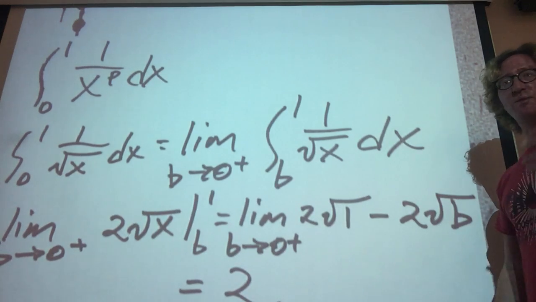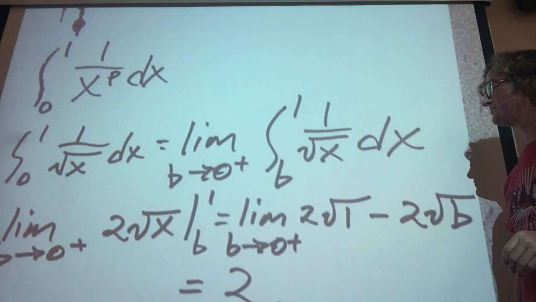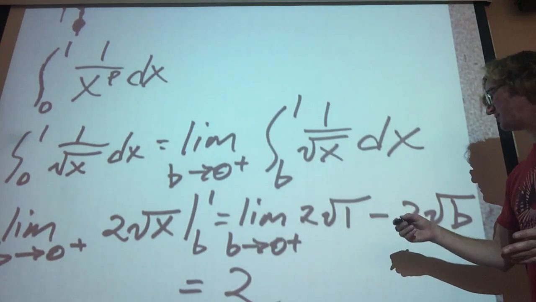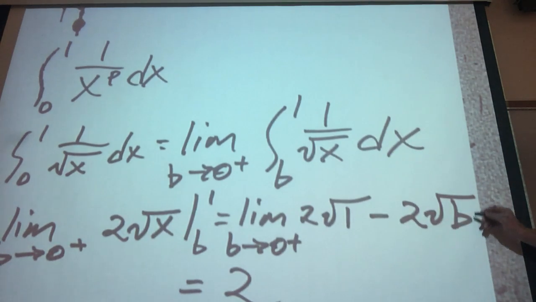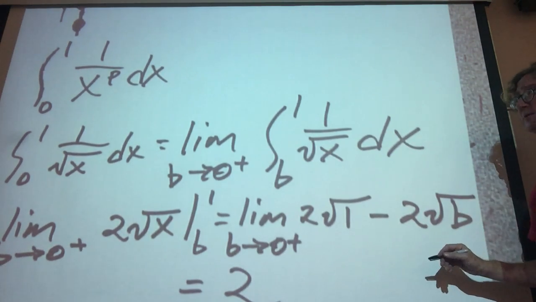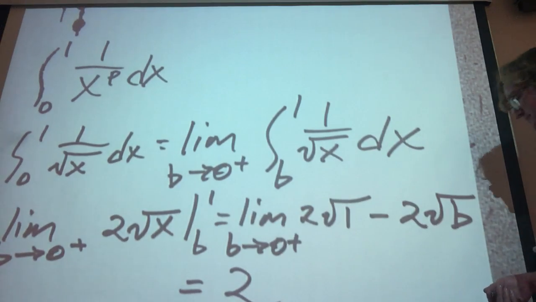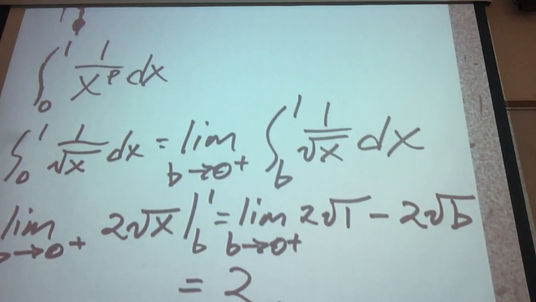But if we're considering around 0, so the integral from 0 to 1, we still have to put a limit on it because it's undefined at 0. But when we get to the end of this problem, we get to this part right here, we can just plug in 0, and so we'll get this one to actually be convergent. Okay? All right. Now let's look at